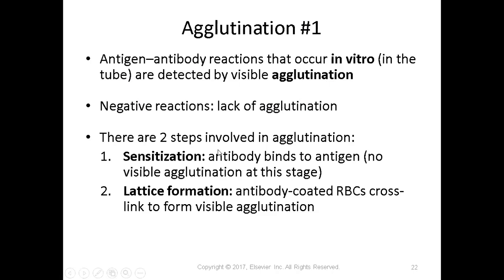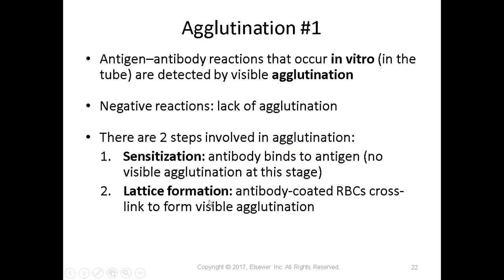There are two steps that need to happen for us to visibly see agglutination. Okay, so the first one is called sensitization. At this stage, the antibody binds to the antigen. It says, hey, there's my target, and it binds to it. But the fact that this has occurred is not visible to our eye at this stage, okay? But it doesn't mean it didn't happen just because we can't see it, okay? So antigen and antibody have come together, but we are not able to visualize it,